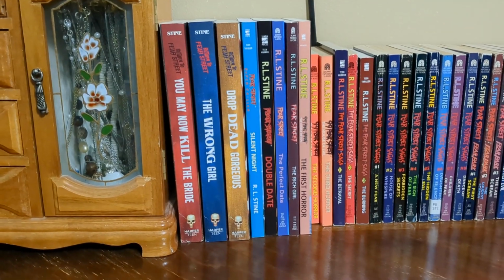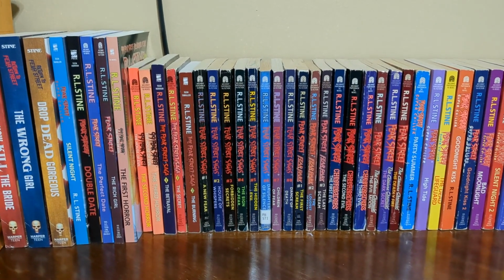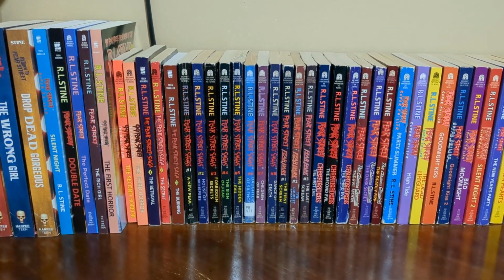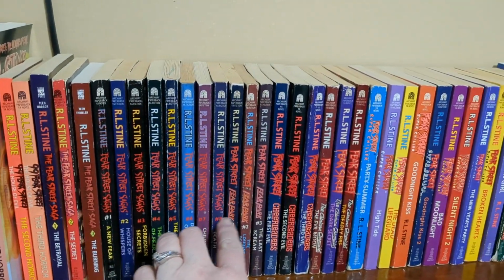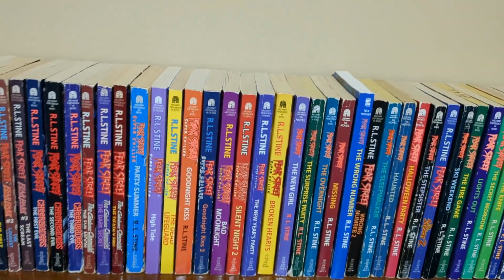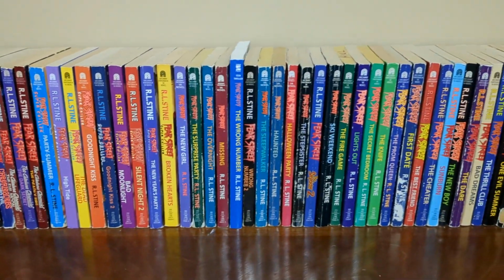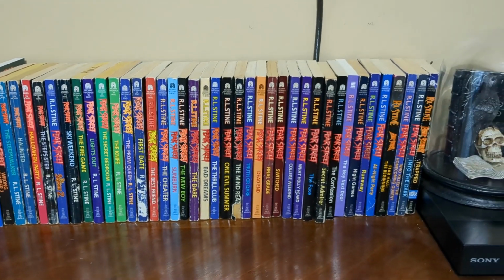Then on top of my dresser is all of my R.L. Stine books. Well, I should say Fear Street because my Goosebumps are somewhere else, but you have the Fear Street sagas, and then you have the Super Chillers, and then you have their original series. And they pretty much go all the way across my